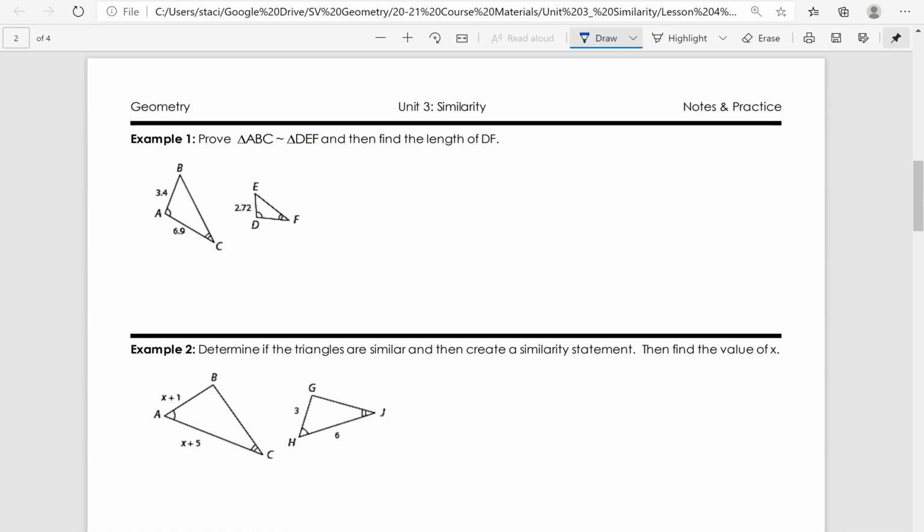All right, y'all, in this video, we're going to apply what we just talked about from video number 1. So we're going to look at 4 examples. So this first one says, prove that triangle ABC is similar to triangle DEF, and then find the length of